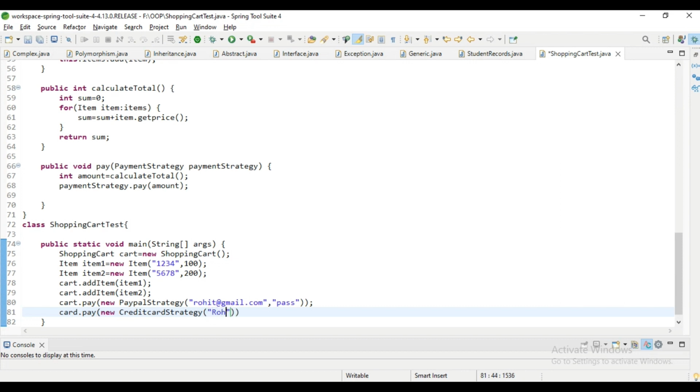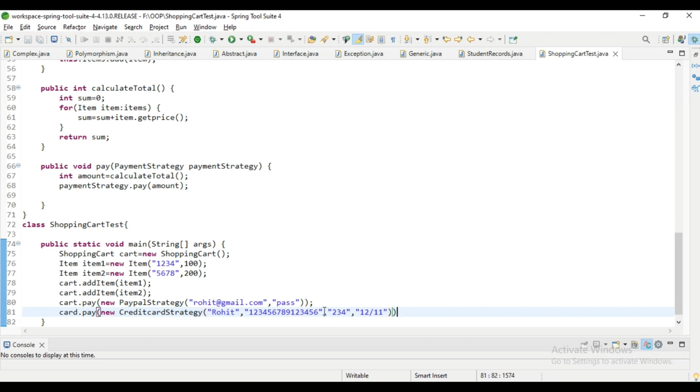First is name Rohit, because for credit card we are providing the name, card number, CVV number and date of expiry. So the credit card number is, suppose, a 16 digit card number. After that we require the CVV number 234, and last is the expiry date, suppose